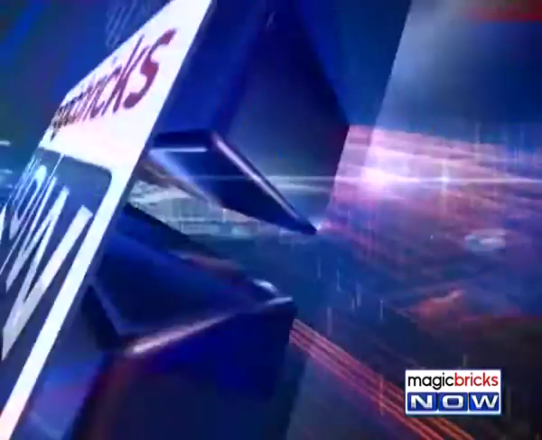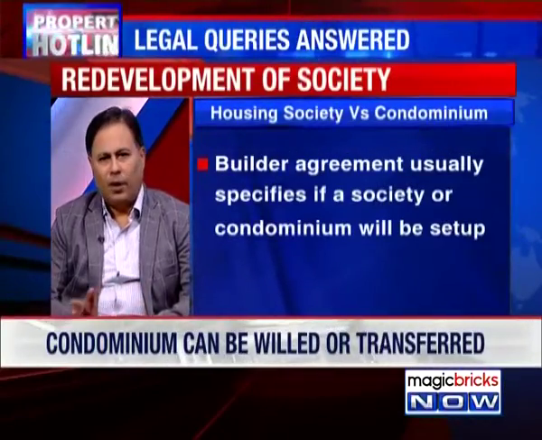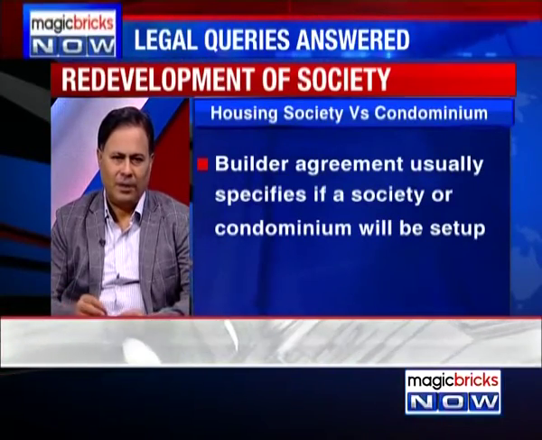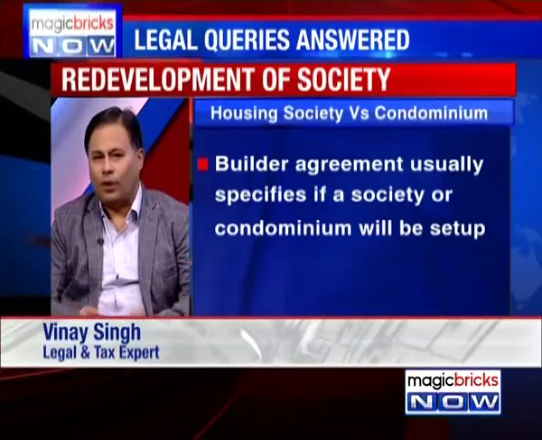I mean, you have large condominiums also with hundreds of flats. Essentially, the difference is that in a society, the society owns the property. The society is either the lessee of the land or the owner of the land, as the case may be. But the structure definitely is owned by the society. As a society member, you hold a number of shares, either 5 or 10, like in Maharashtra, and you have the right to occupy that particular unit. In the condominium, you are the owner of the unit. You have an undivided share. So there's a direct ownership which is yours.